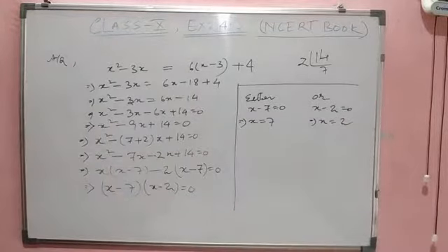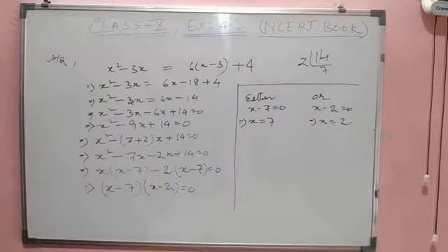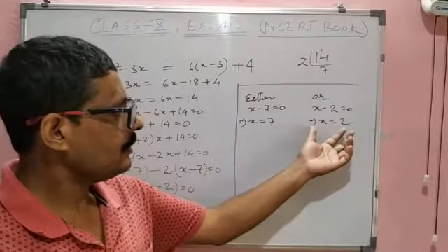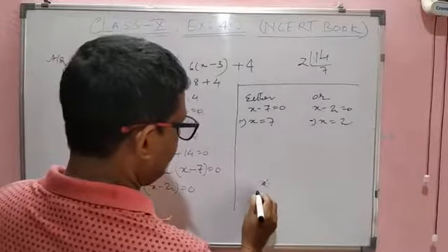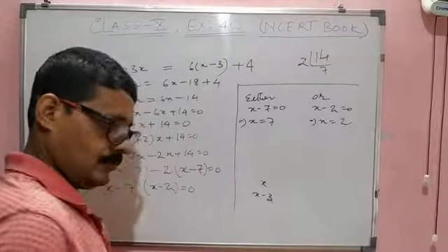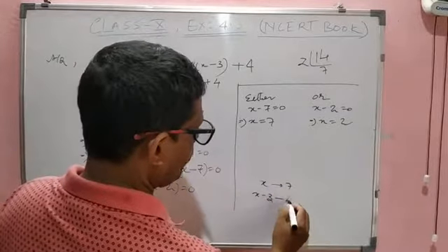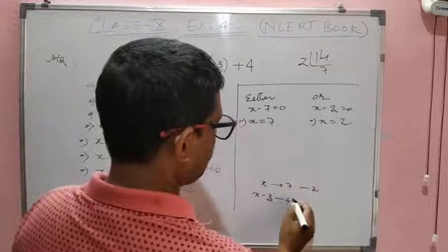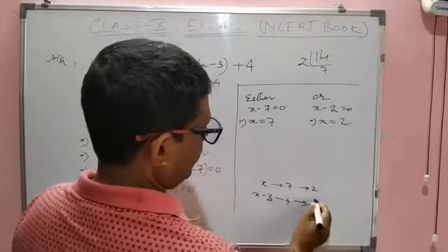Now both are positive, but x is the length of the rectangular park, and we know that the length is x, then the breadth was x minus 3. We have chosen that earlier. So if it is 7, it will be 4. Okay, correct. But if we take this as 2, it will be minus 1. It is not possible.